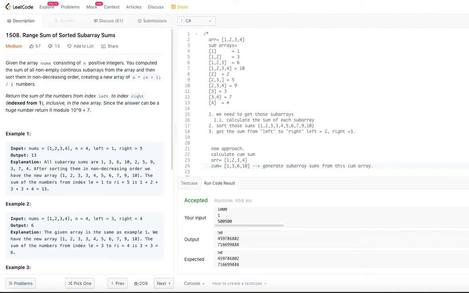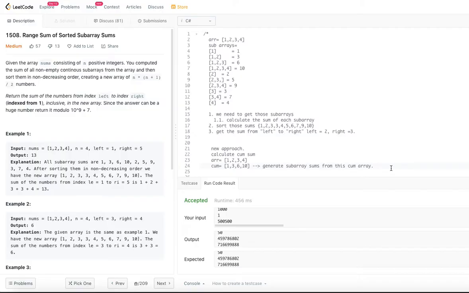This is what we are going to do. So instead of getting the subarray and calculating the sum, we first get the cumulative sum, and from these 4 numbers generate all the different subarray sums.